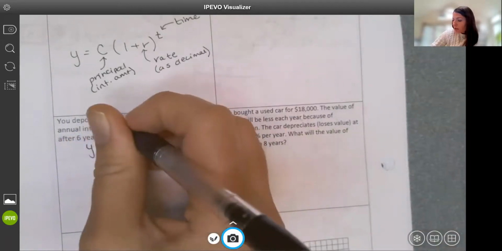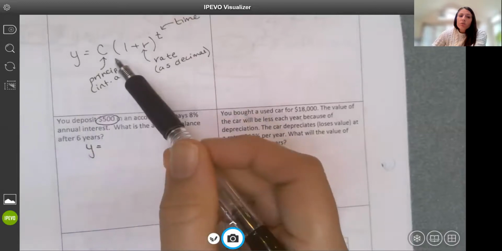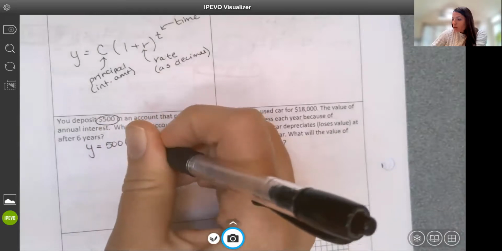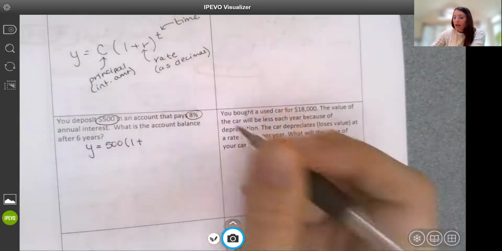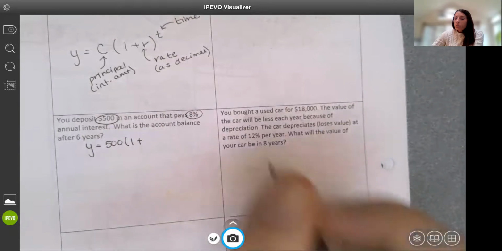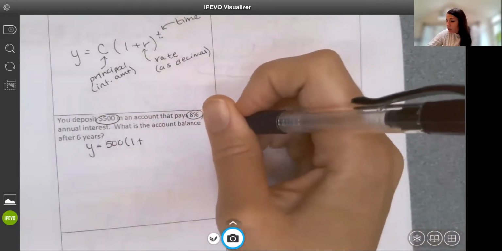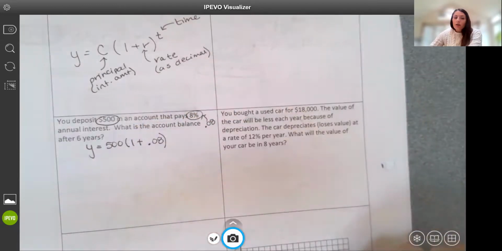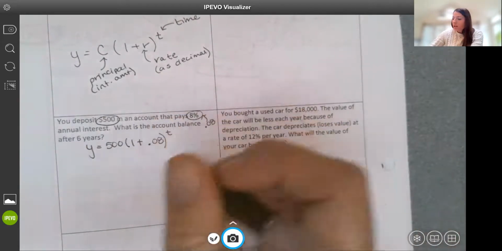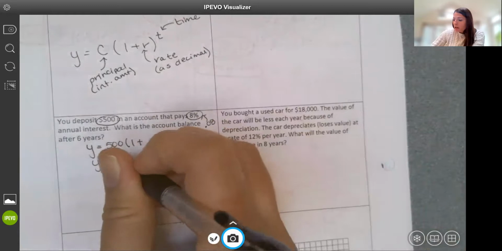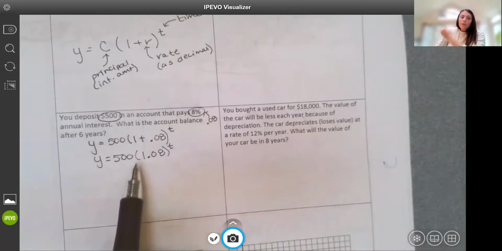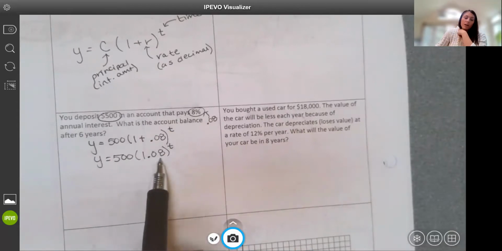So I have y equals $500 is my principal or initial amount. And then I have 1 plus my rate. Now my rate is 8%. 8% as a decimal would be 0.08. So I'm adding in 0.08. Okay, 1 plus 0.08. And then to some time period. And I can clean that up. So here's my function. If I add the 1 and the 0.08, I have 1.08 for my